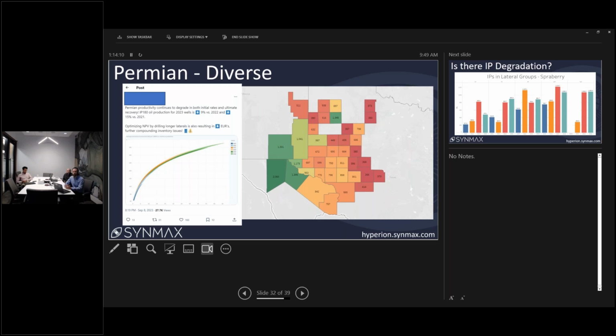What a lot of people don't appreciate is the fact that there are half a dozen or so formations layered on top of each other inside the Permian. And they all have, as Rahul was discussing, very different geologies that react in very different ways. So any type of analysis on the Permian has to account for and appreciate exactly where the activity is, right? And that's why I feel like this chart on the left here is somewhat misleading, because it's not accounting